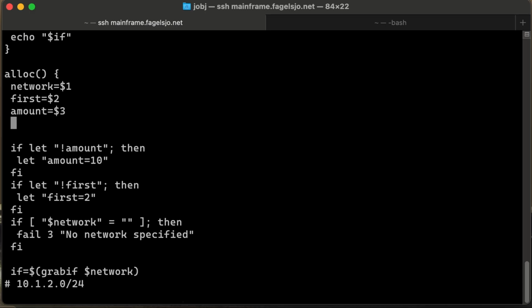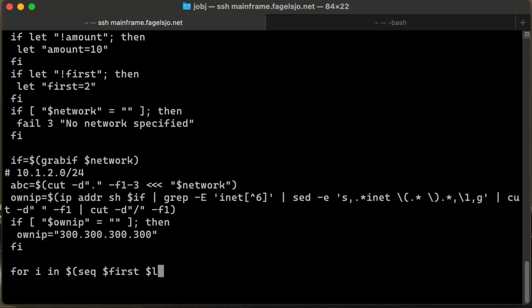We need to calculate the last, so let last equal first plus amount minus 1, right? Because if first is 10 and the amount is 2, then we should do 10 and 11, which means the last in this case will be 10 plus 2 minus 1 equals 11. Yeah. Right. So from first to last,